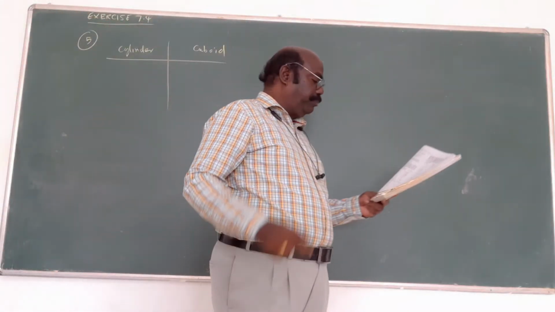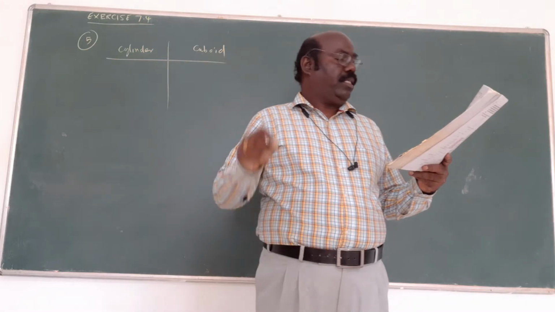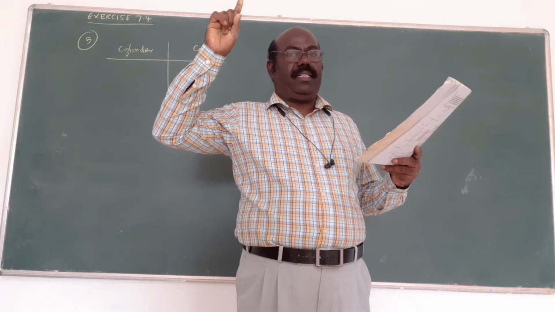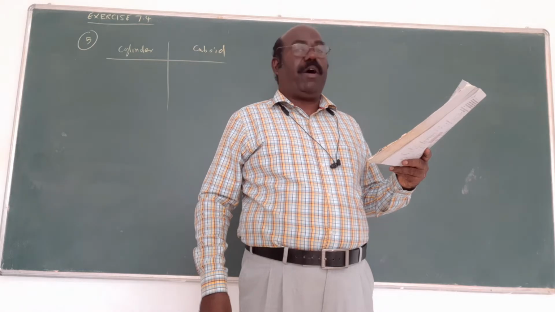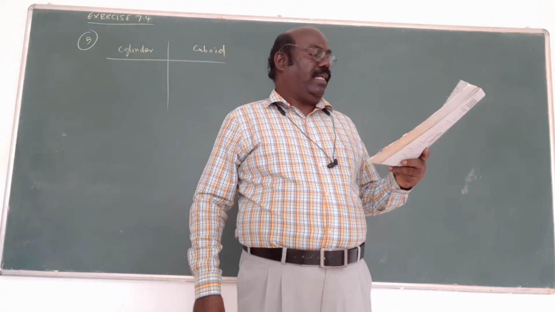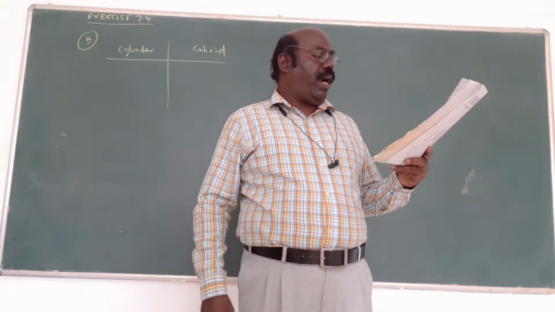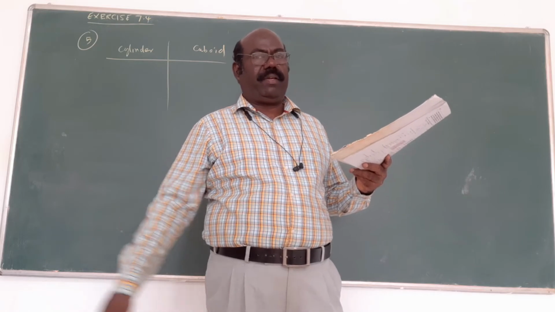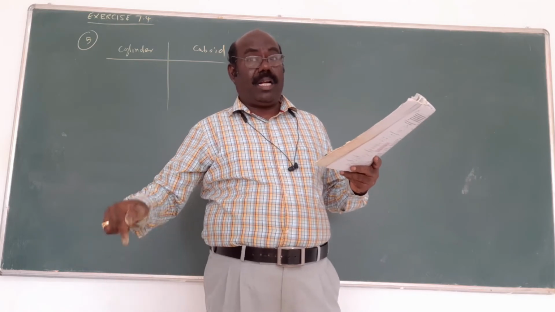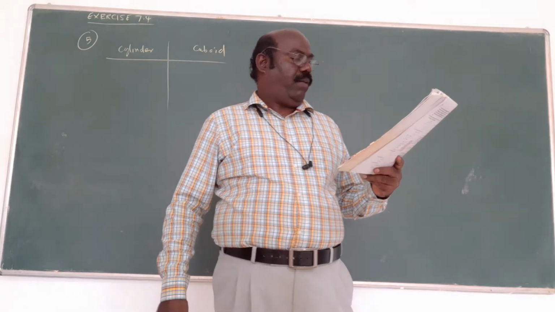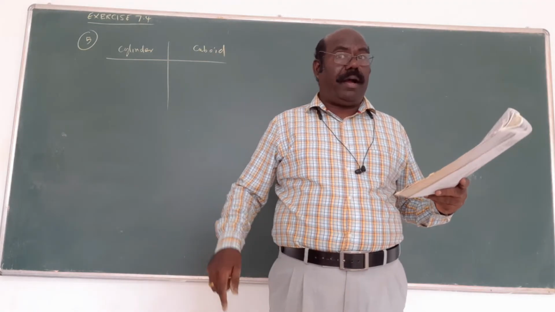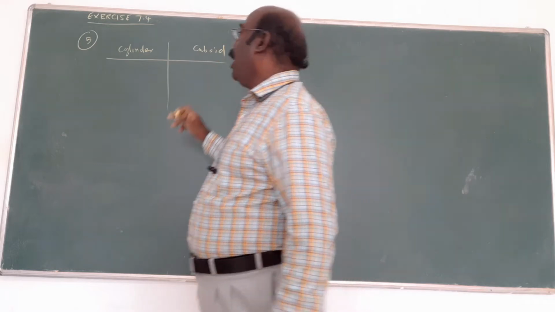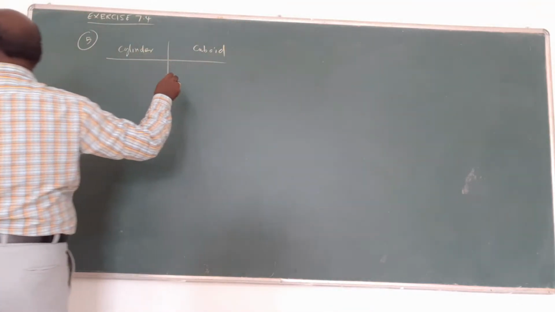Fifth question, a lengthy question. The house has an overhead water tank in the shape of a cylinder. This is filled by pumping water from the sump, the underground tank. You know, all the houses have a sump actually. That is called the underground water tank, in the shape of a cuboid, while the overhead tank is cylindrical.